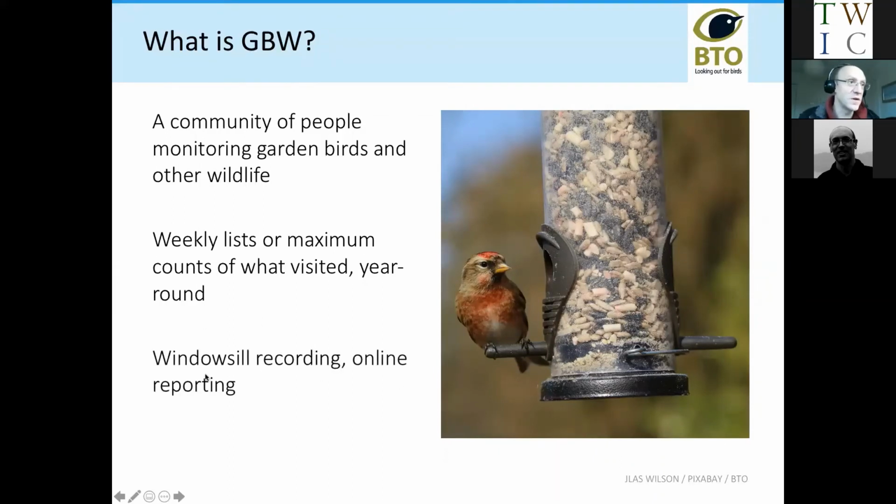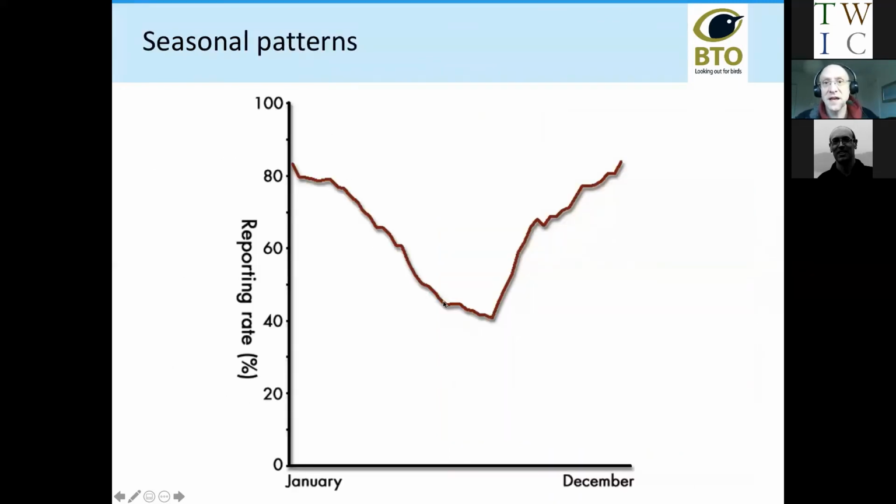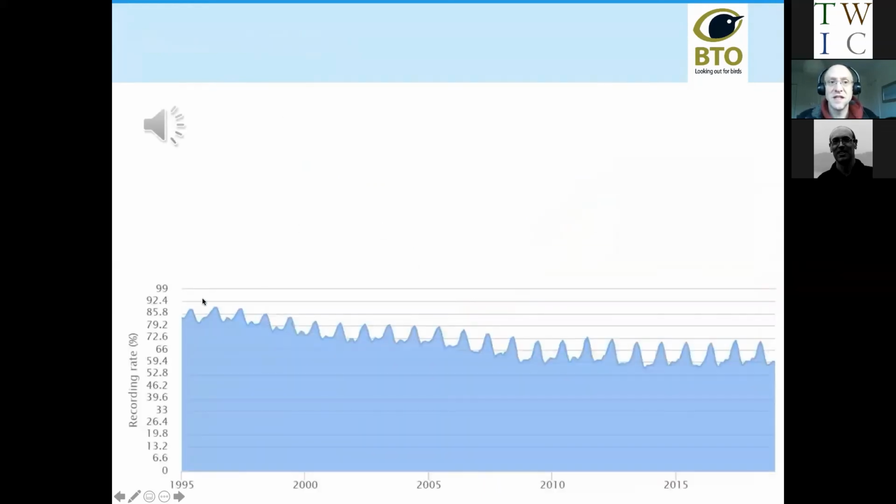So you just record at the windowsill, every now and again, and stick the information in on a dead straightforward website. So we get an idea of the annual or the seasonal patterns of use. I think this is robin, so more common in gardens in winter and less in summer, for example. And each species has this kind of heartbeat type pulse, and we can look at change over the long term. In the case of this species,